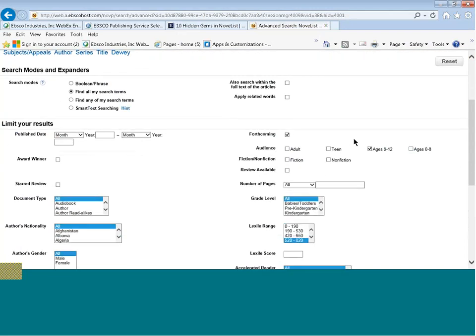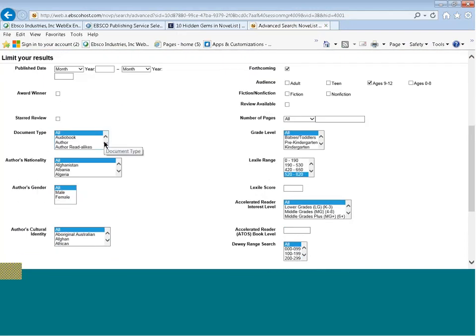But going on with these limiters, you have document types, and there are a lot of different document types in NoveList Plus, so check these out. You can choose just to find picture book extenders, let's say for your story time and children's librarians, or maybe feature articles to find all the feature articles because they vary so much, from mystery writers in Canada to how to help the reluctant reader.